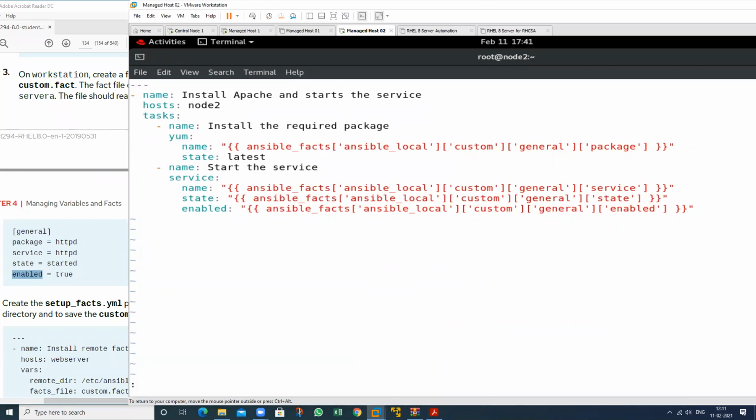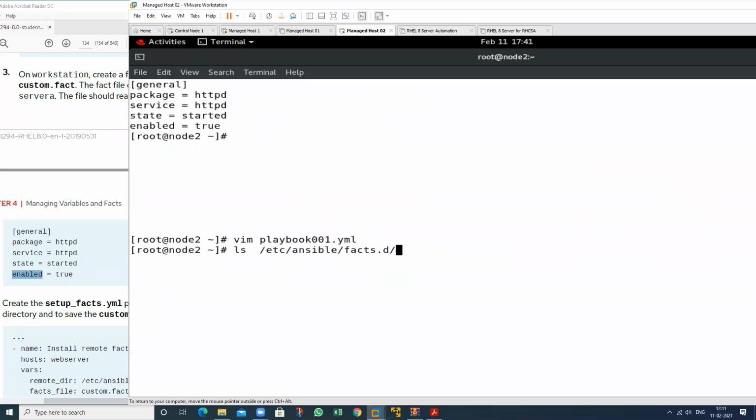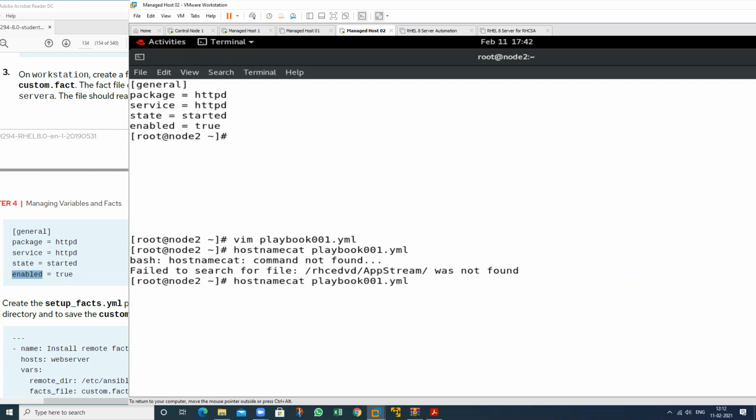Then see, I want to check all these by using which command? Okay, I have made one mistake also. Playbook. Just 2 minutes.